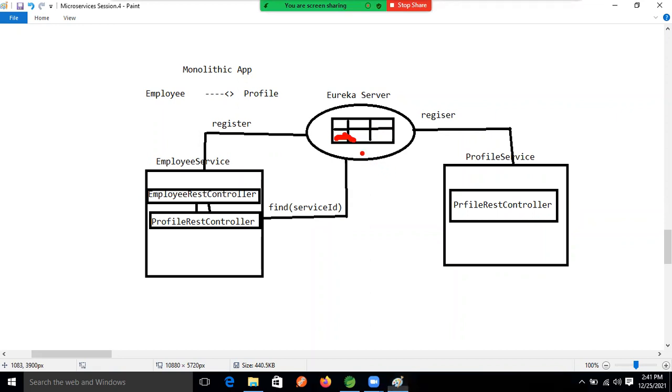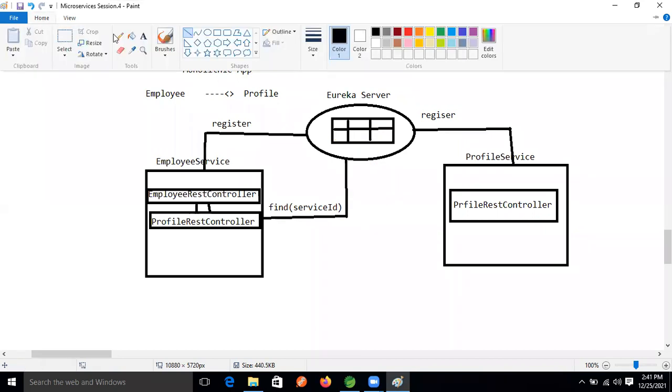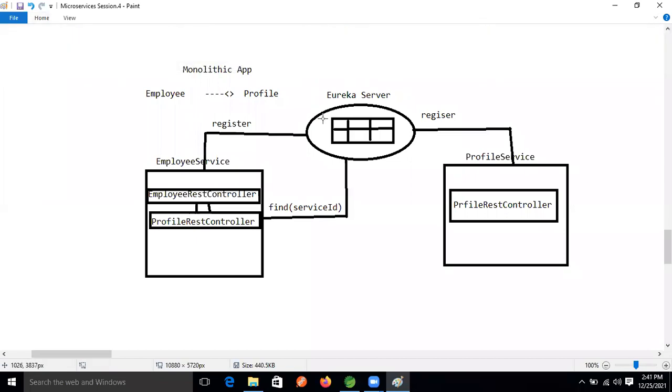What is the return type of these instances? The instances return a list of service instances, guys. A list of service instances.